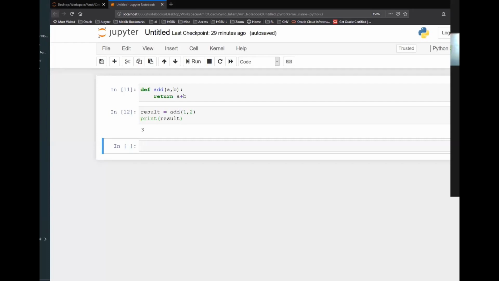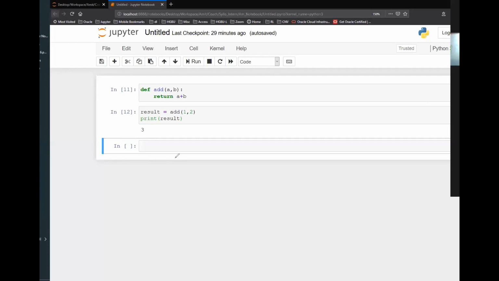Yeah, come again. Who was the first girl who was speaking? Yes, sir. I was asking about the parameters. You told there is no data type we have to specify. So suppose instead of 1, 2, while calling that function, if I pass 1 and a, one integer and one string, so what does it return?